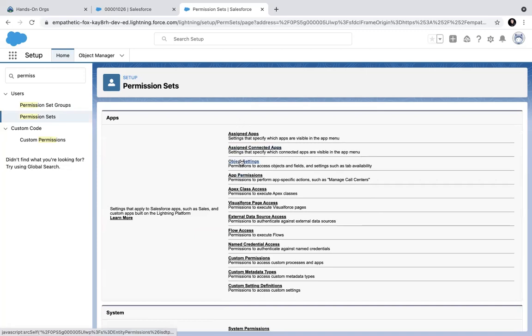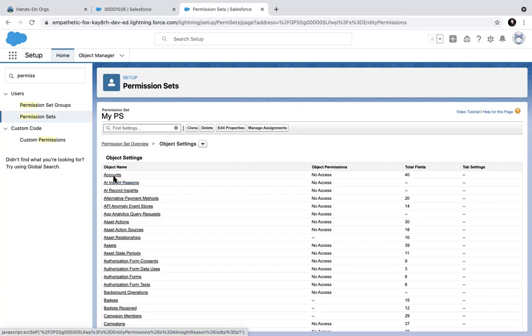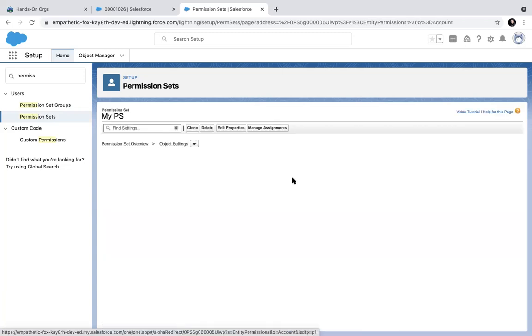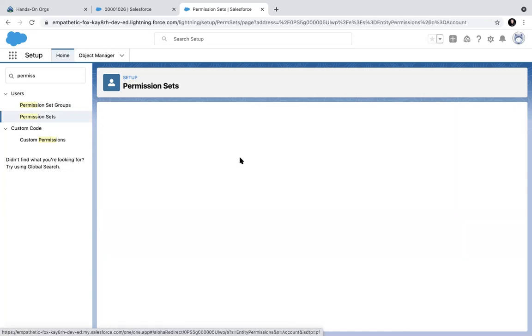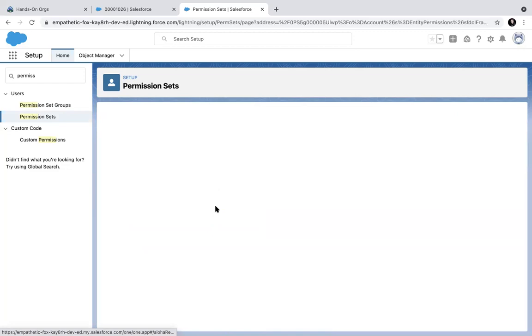You have object permissions here. So what you can do is that maybe in account, you give a read permission here. No, read and edit permission here, or read and create permission here. And in profile, you have a read and edit permission.